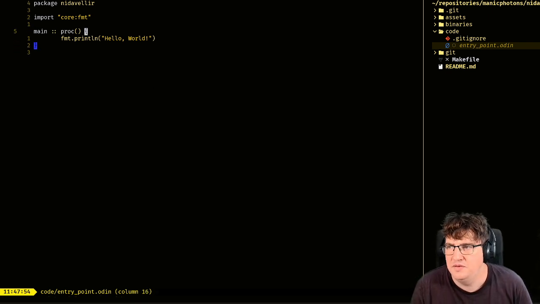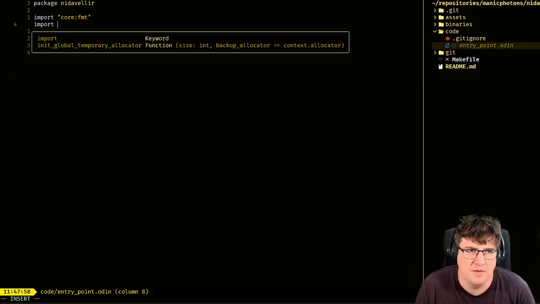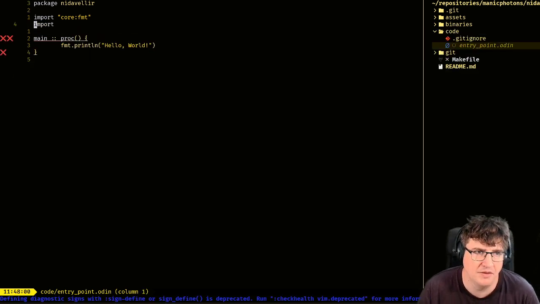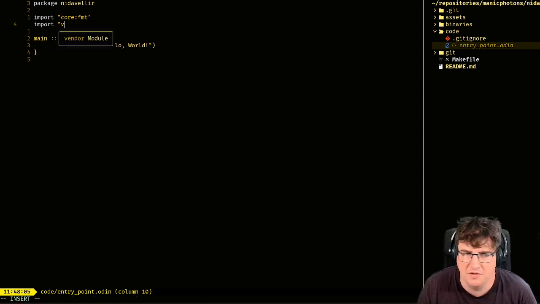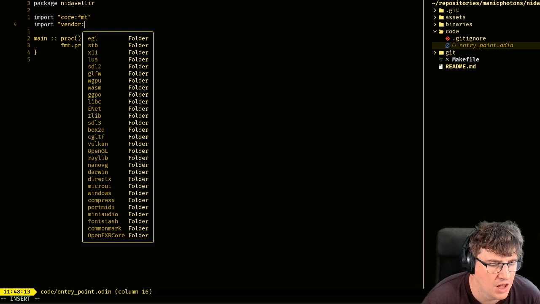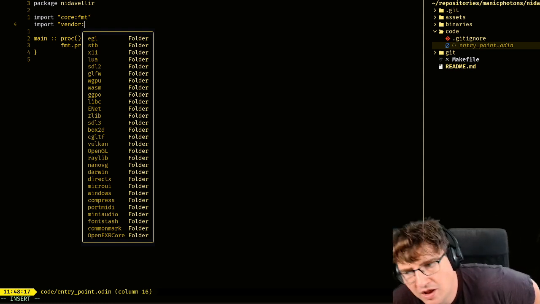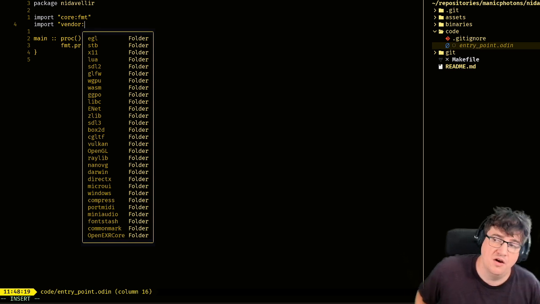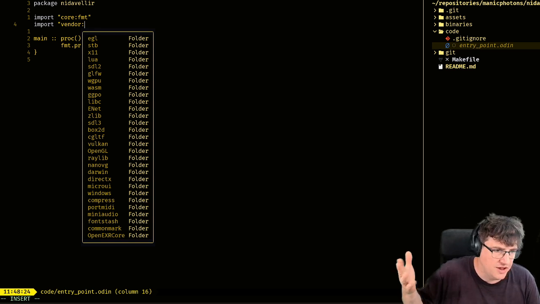We are going to need to begin by pulling in one of the vendor libraries. One of the things I love about Odin from looking around with it is it has this concept of vendor libraries. The language comes with all the framework you need to make use of a whole bunch of very helpful third-party libraries, such as SDL3.